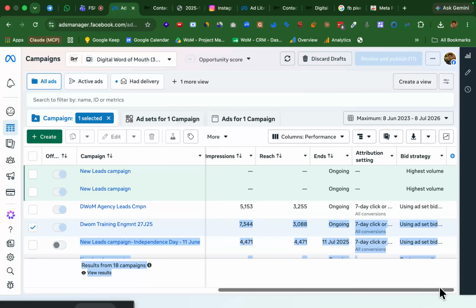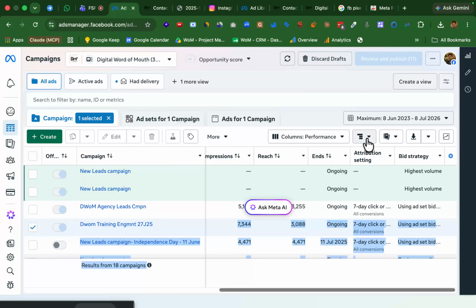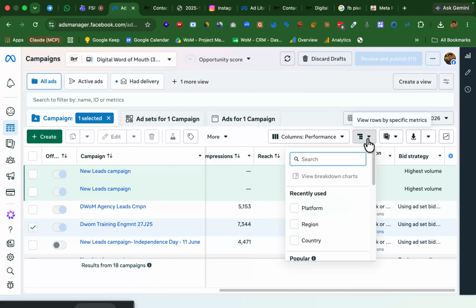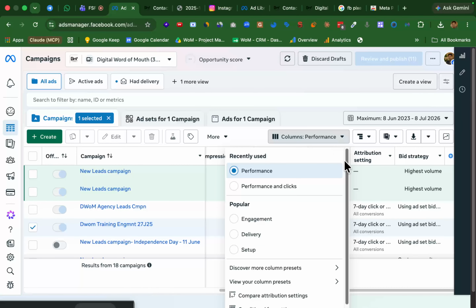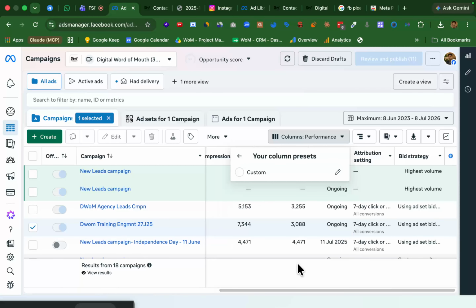And you can go deeper into the reports. If you go to the columns, here you can adjust which columns you want to see. Suppose you view your column presets,